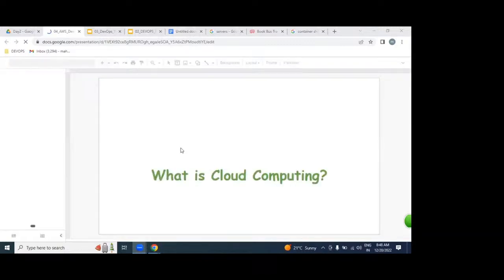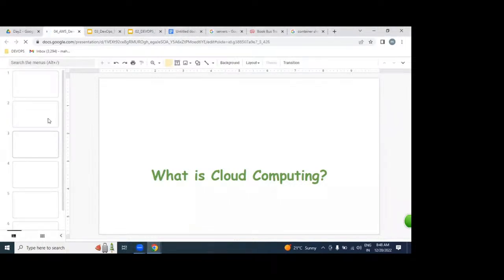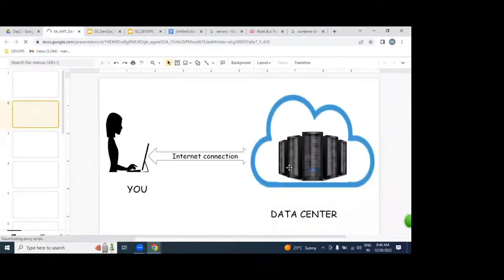What is cloud computing, guys, please? If you can access the remotely placed resources over the internet from a laptop, that is nothing but a cloud.